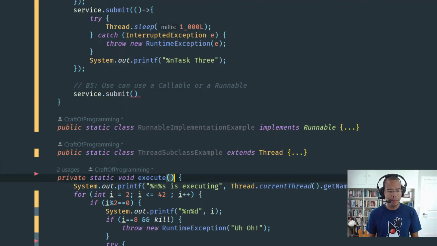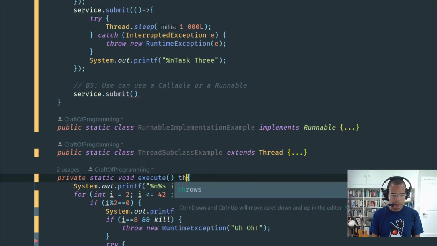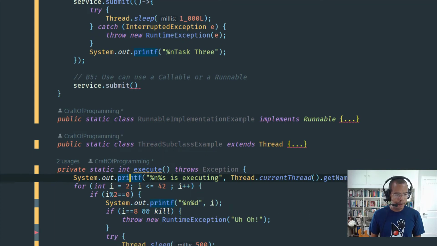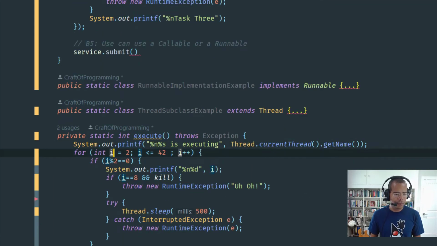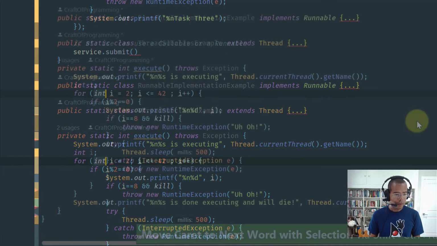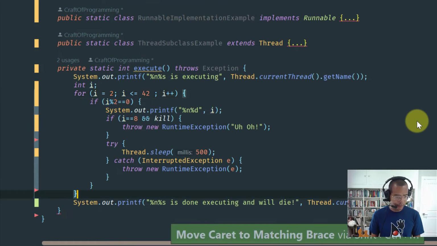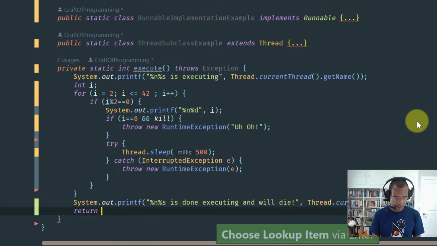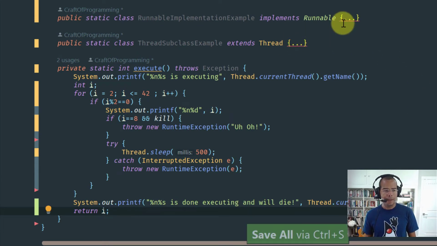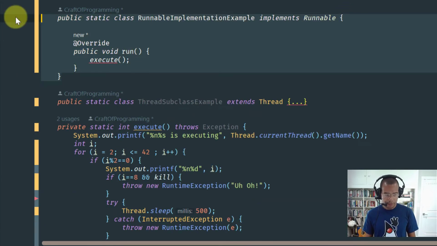convert the execute method. So remember, the method is actually being used by this runnable and thread example. So let's just throw a checked exception, okay? And let's make it return an int, okay? And the int that I want to return could be the int that this thread is computing here, okay? So it's initialized at that, and let's return i, okay? Awesome. So obviously let's just comment these out for now, because